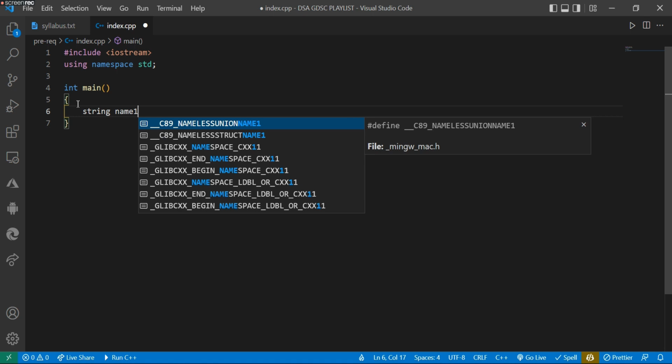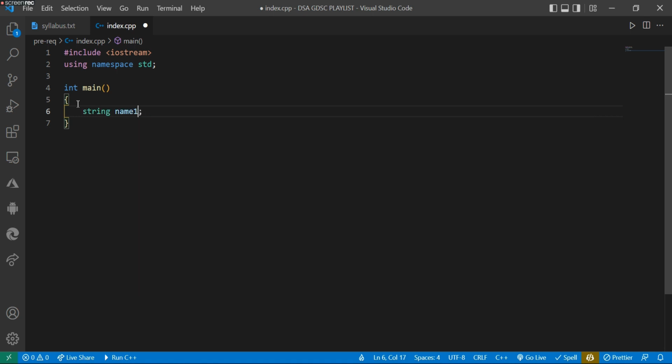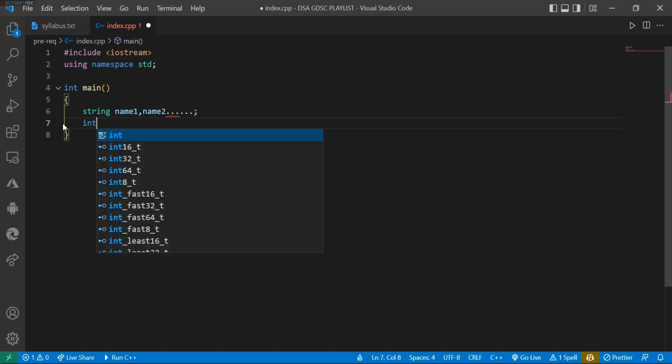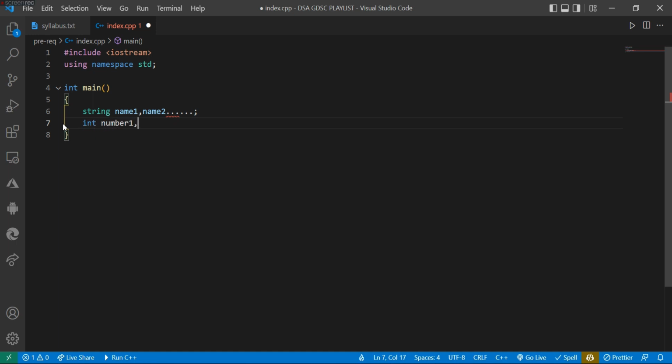You will name it name1 because the student will be student1. Then in the same way you need to create such 10 variables. In the same way, for storing the mobile number of the students, you need to create variables like number1, number2, and so on up till 10 times. In the same way, to store the roll number, you need to create variables like roll1, roll2, and so on. But this is not the efficient way and not a programmer friendly way. So to make it easier, you can create a template for the student type of data. Each student will have